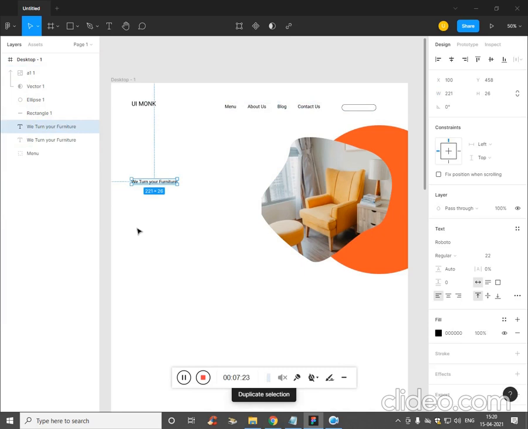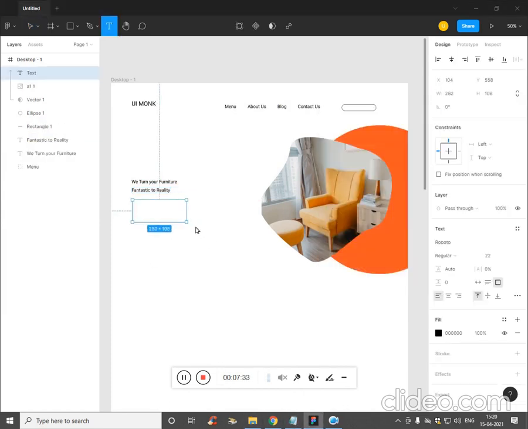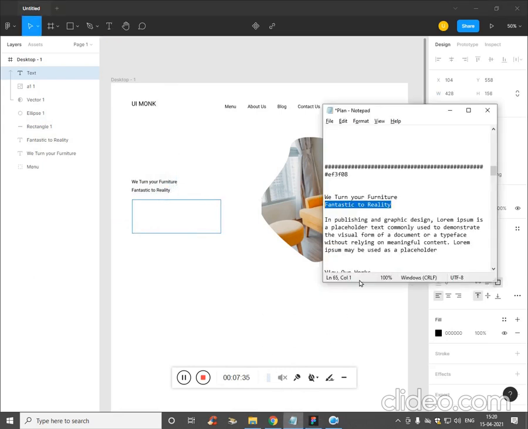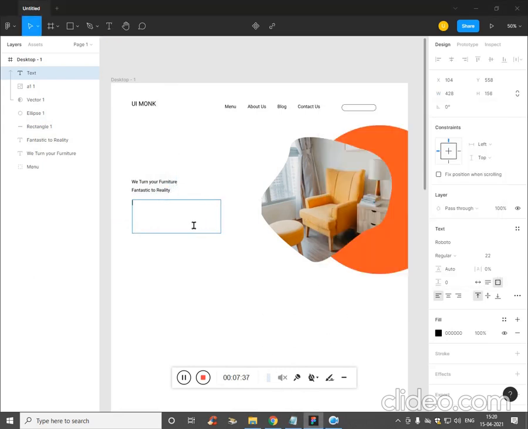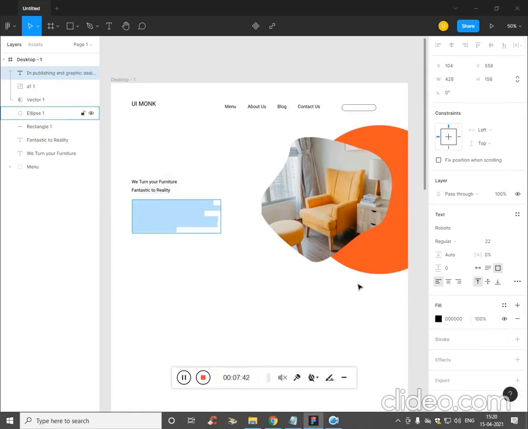Control D to duplicate, drag it downwards, press T, paste it. Now we need lorem ipsum. Type T, drag it and paste the content you need. Select all, click on the text, and here we should have a color.